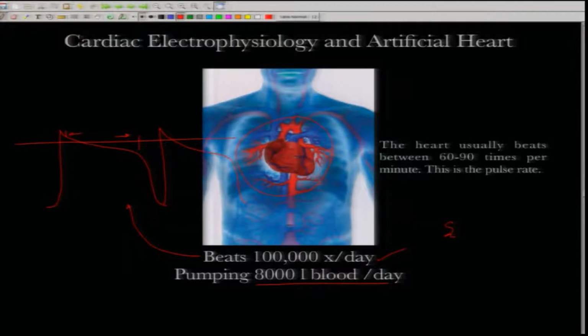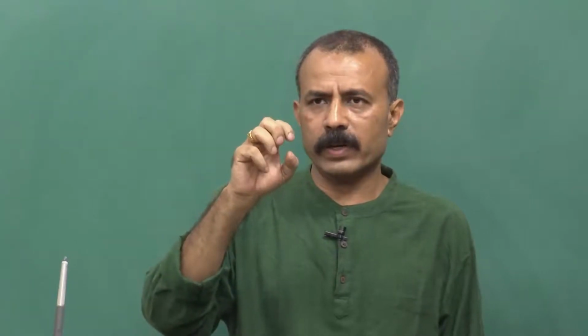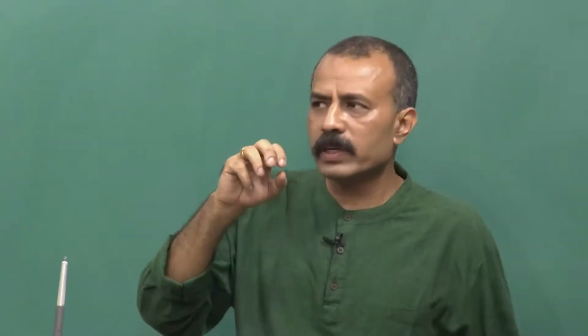One of the reasons cited over the years is that this plateau is what helps the cardiomyocyte rest. Just try to visualize the action. If it continuously does it like this, it will feel tired. Instead, if it does it like this,